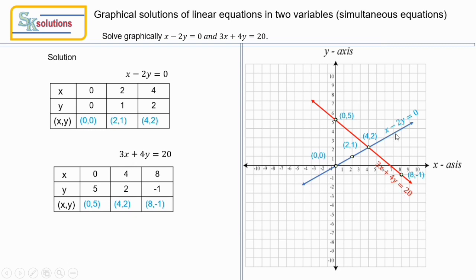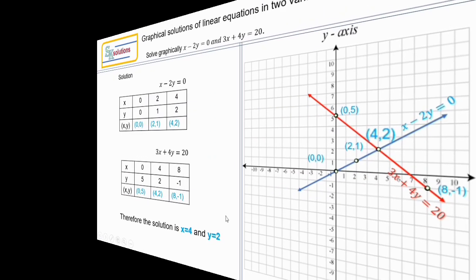Now, after drawing these 2 lines, we can see these 2 lines are intersecting lines. These 2 lines are intersecting at a point. Which is that point? The point is (4, 2). So this (4, 2) is the solution of the equations x - 2y = 0 and 3x - 4y = 0. So finally we write the solutions are x = 4 and y = 2. Okay. I hope you understood this. Okay. We will take up more examples.